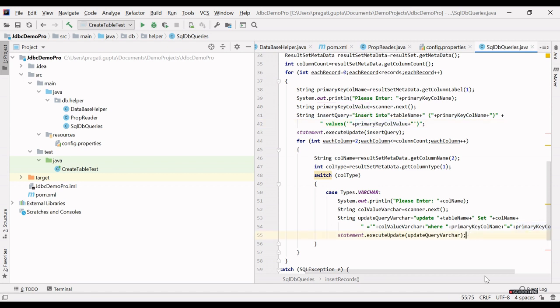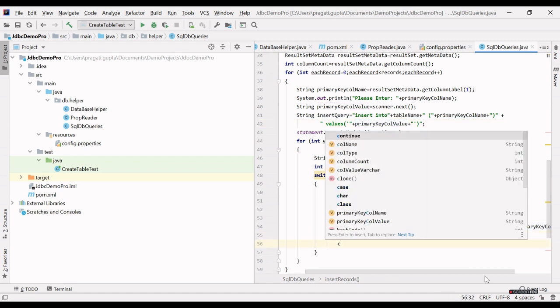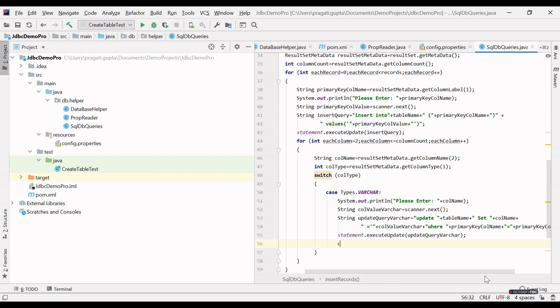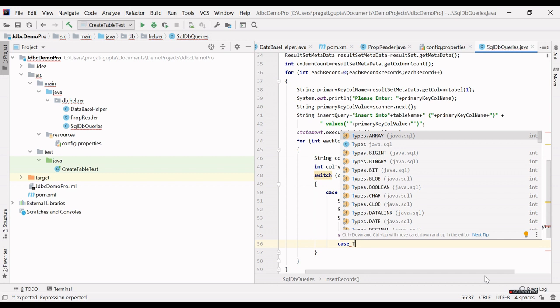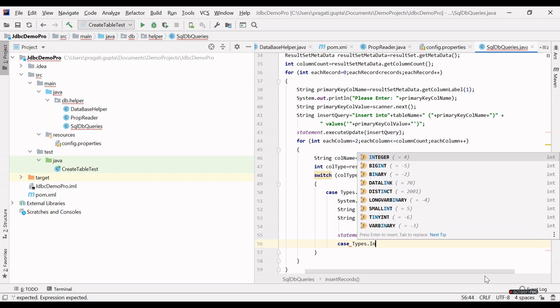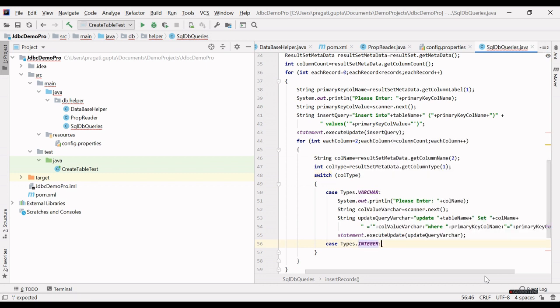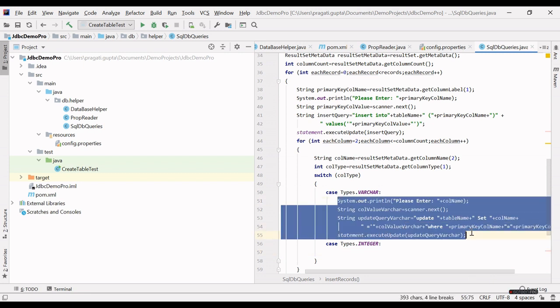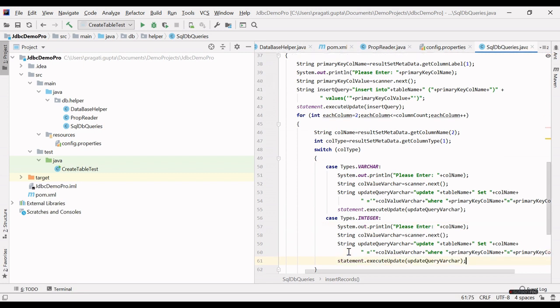Next case is if the column type is integer. I will copy this and paste it here, and this is our column value integer, same.